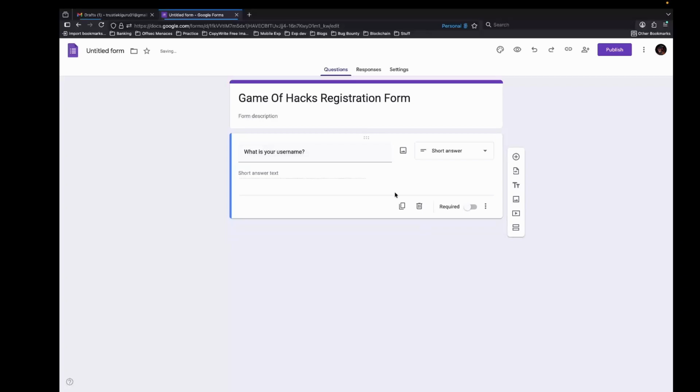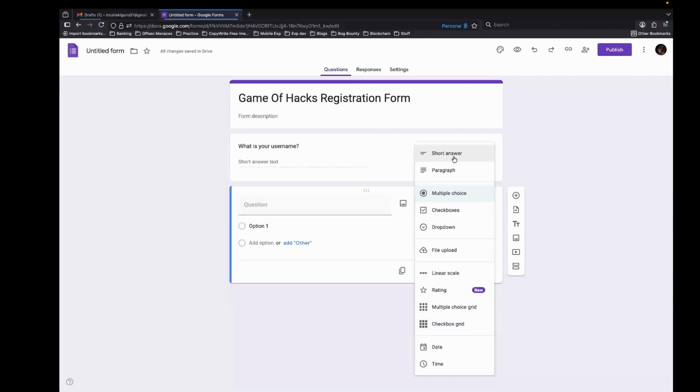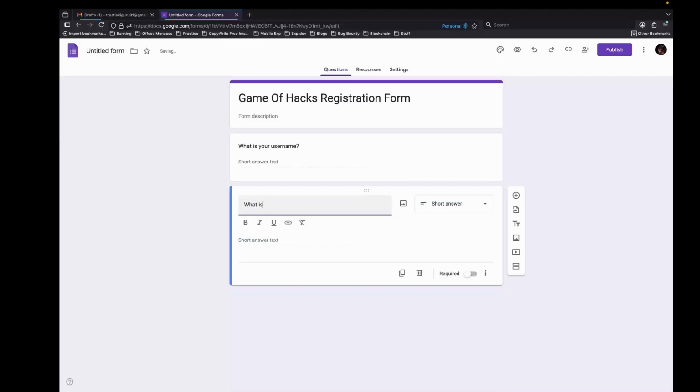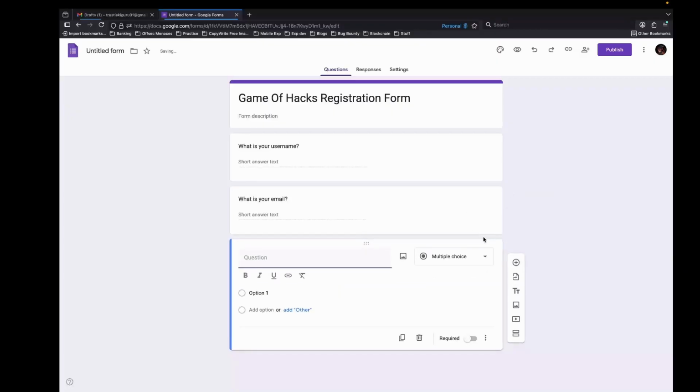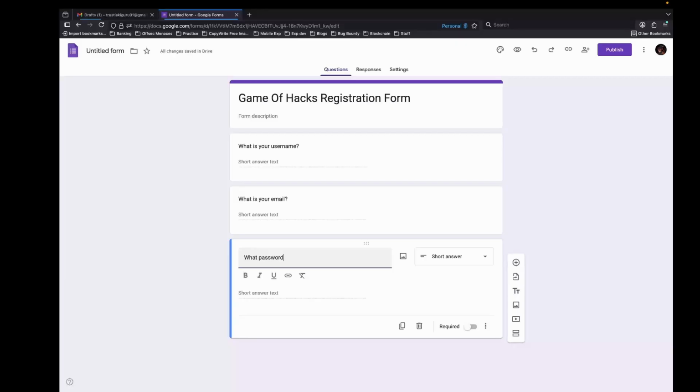And then they'll need a short answer. Then we can ask, what is your email? And then we can also ask, what is your password? What password will you use on the platform?